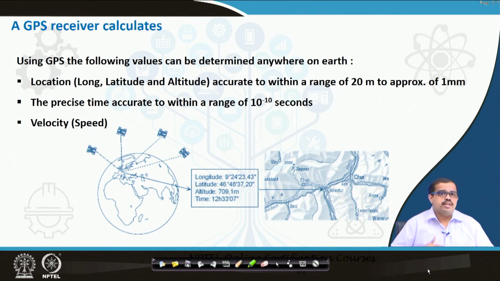The time is accurate to a range of 10 to the power of minus 10 seconds. So, the third quantity that it would measure is time. It is latitude and longitude as one quantity, altitude as a second quantity, time as the third quantity, and the fourth quantity is velocity, speed. That becomes a very important aspect when you are navigating, and that is also captured by your GPS. So, you have 4 quantities captured by the GPS: your point data, that is where you are, latitude, longitude, and it calculates your time, altitude, and finally the velocity.